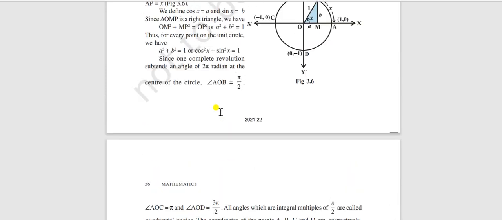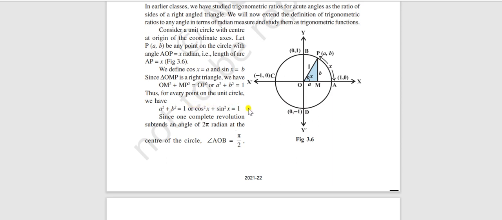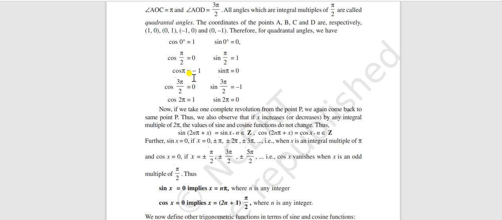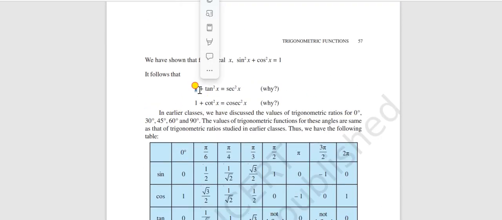As we have seen already, cos square x plus sin square x equals 1, and everything is there. We've learned about all of these, and why it is cos square x plus sin square x. There are certain questions that still linger in our minds. So the first one was this, and the second one would be: how are these things true? Cot square x and sin square x are true. These two equations are true,